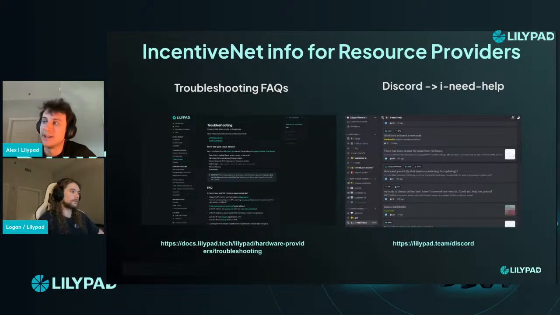People can come in and open up a ticket. We do have a format that we ask you to follow. We ask for your wallet ID, the version of Lilypad you're running, a bunch of other information, like what Linux version you're running, and even some logs. Please make sure you don't include your private key. Definitely take that out if you're giving us any log information. That's been super helpful to triage problems and to get the information to our engineering team if needed really quickly. So the more information you provide, the better.